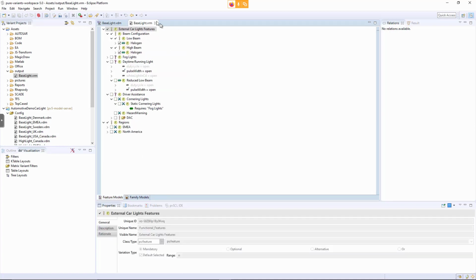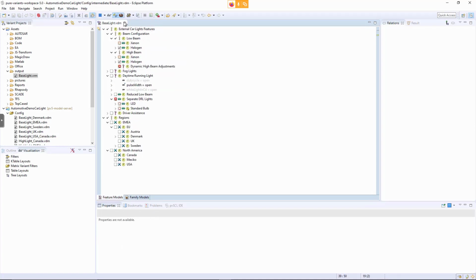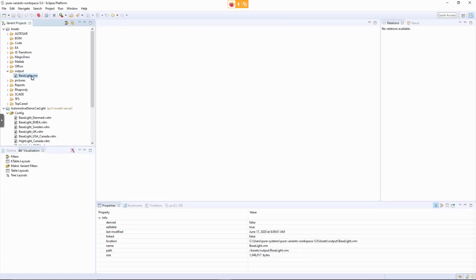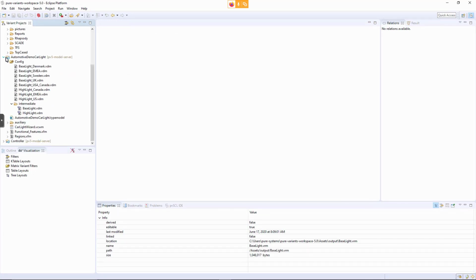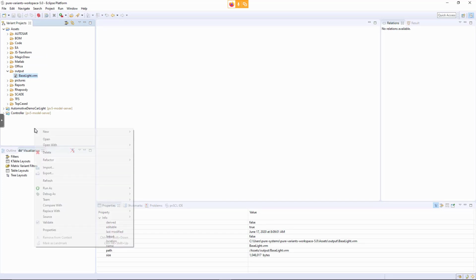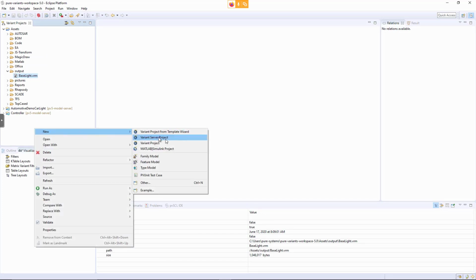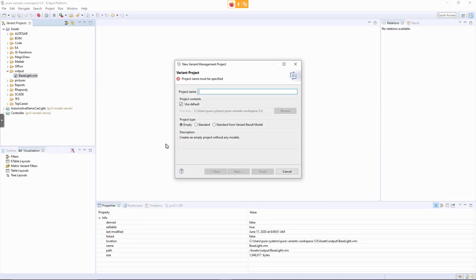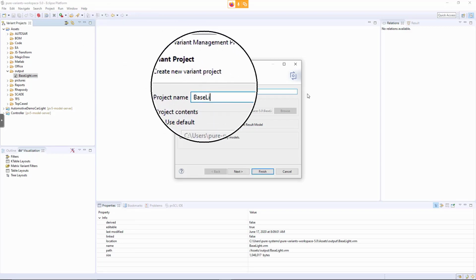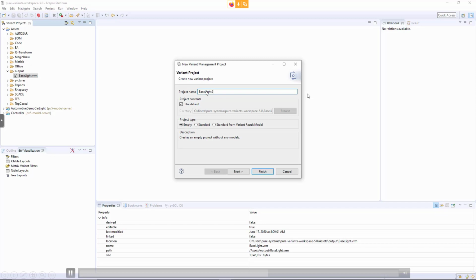Only the ones that could never become part of such variants have been removed. And to this VRM we now refer when we create a new variant model. So we just say via the menu, new variant model, a variant project or variant server project. We now have to enter a name for our variant project. I call it baselight's subproduct line, as it is a subproduct line for our base variants of our car light